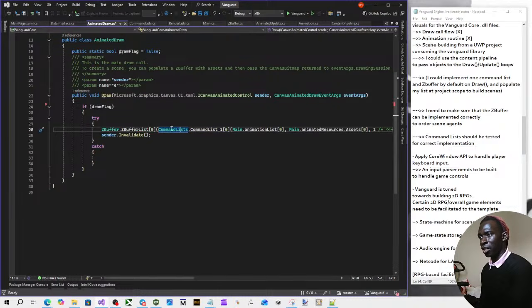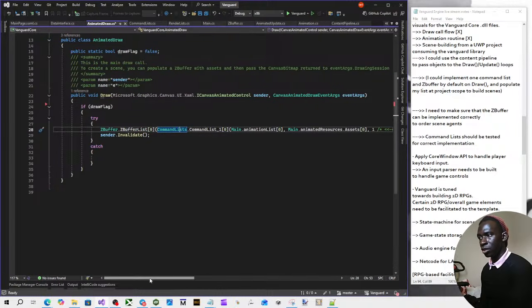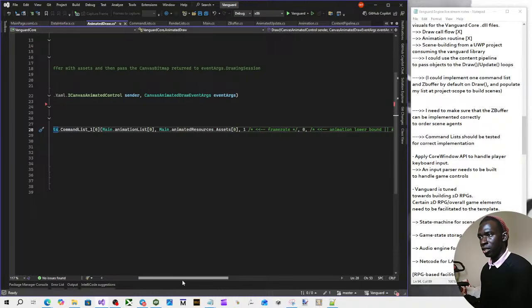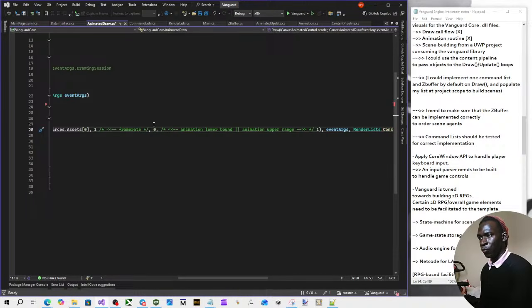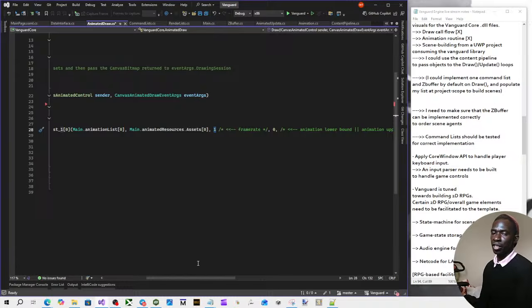I'm passing my command list here for my Z buffer. And I'm setting the parameters. So frame rate is 1, so 1 frame for every draw call. So at 60 frames per second, every frame I'm showing this. So how can I describe this? If I set that to 2, for example, that means on 2 draw calls I'm showing the same picture. So it's not like 2 frames per second per se, maybe, but it's like 2 draw calls, there's the same